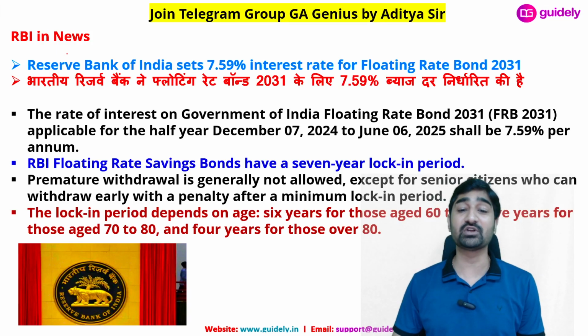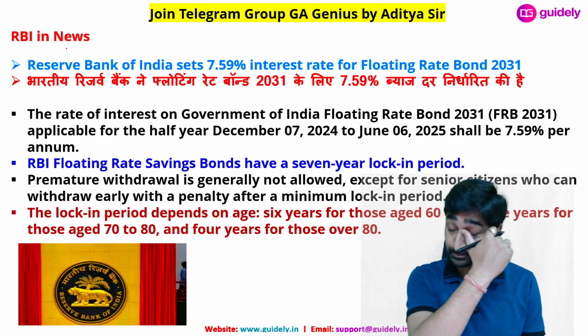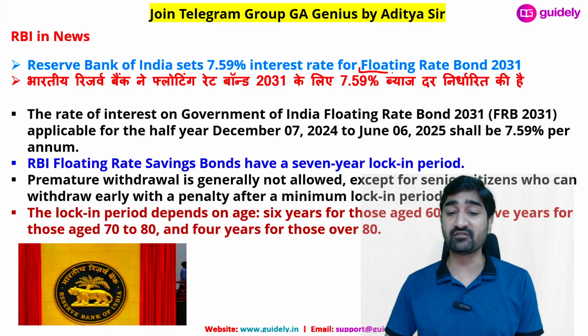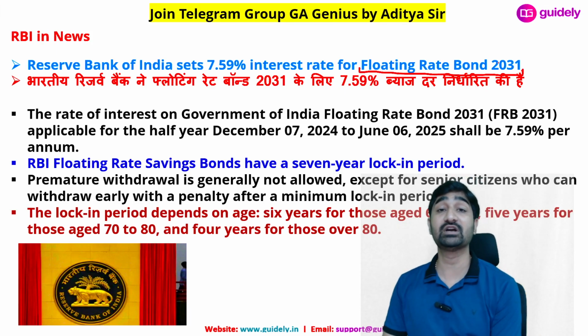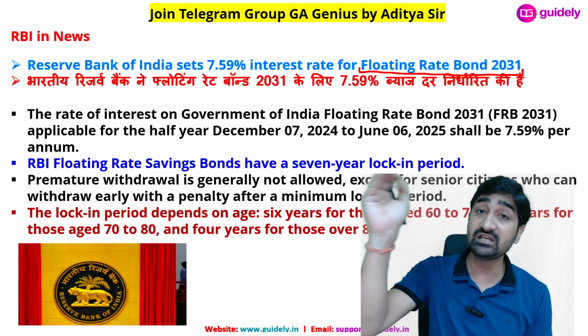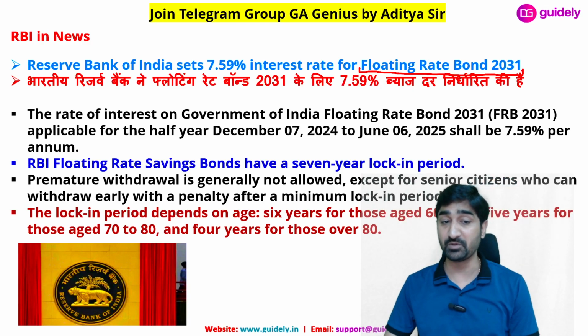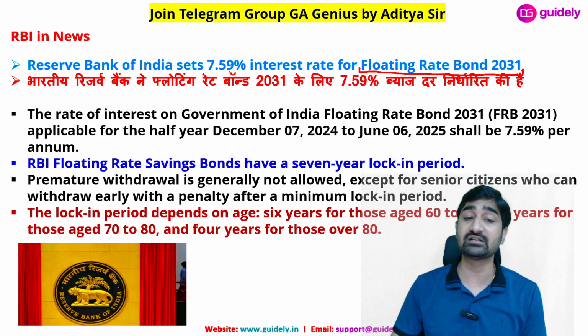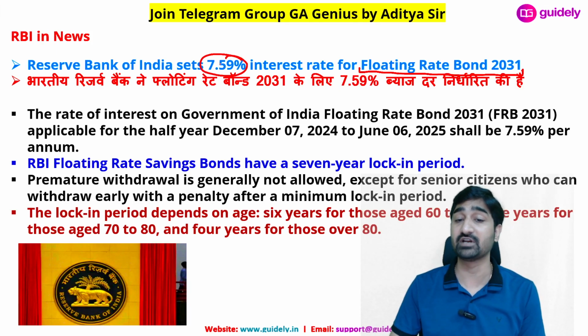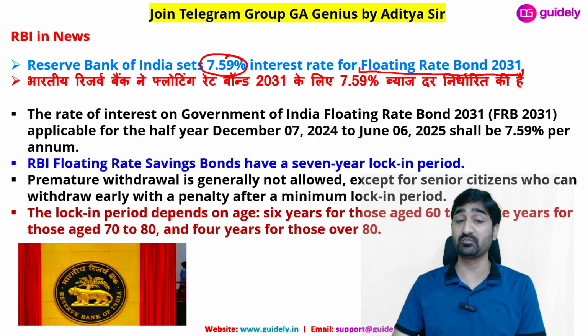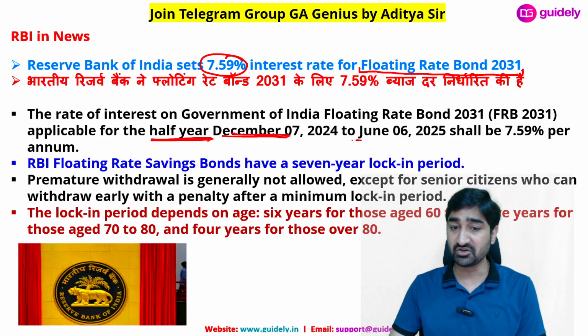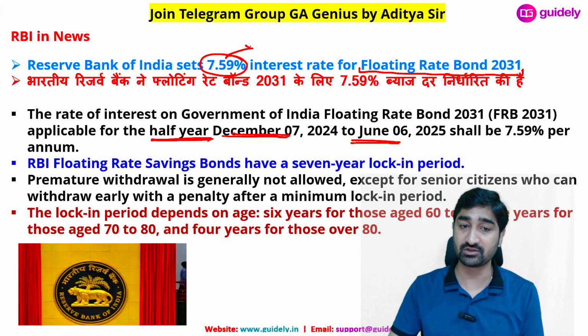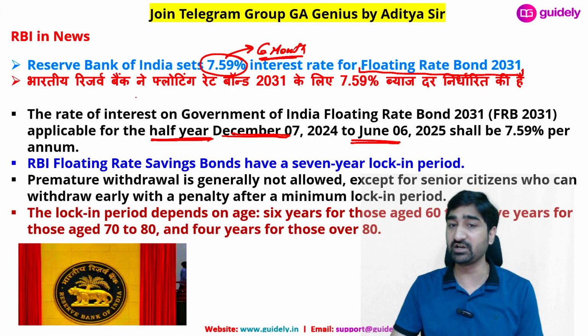So news number 1 is from the government securities. Reserve Bank of India on behalf of Government of India issues the government bond. These are the bonds with the floating rate. Floating rate interest means where the rate of interest varies. It can increase, it can decrease after a fixed maturity period. So Reserve Bank of India decided the rate of interest will be 7.59% for the half year from December till June. So for the next 6 months, the rate of interest is going to be 7.59% on